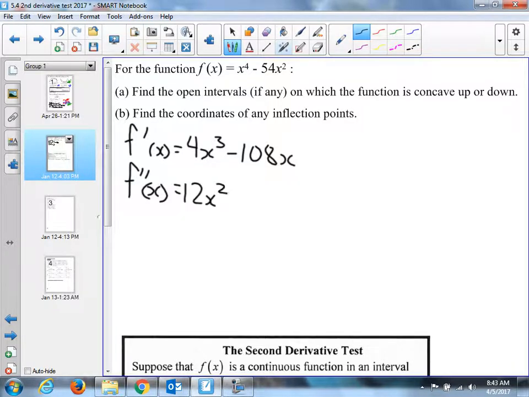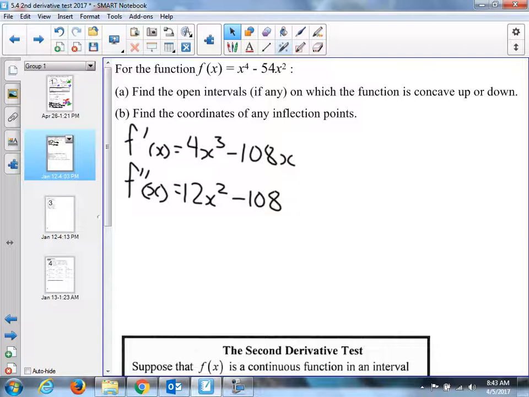Actually, I'm more likely to make a mistake than you, because when I'm at the board, it's like having your paper at your nose, and I can't even see. When I see 12x squared, I can't see the minus 108 very well. I make a lot of mistakes at the board that I don't make at my desk. Anyways,